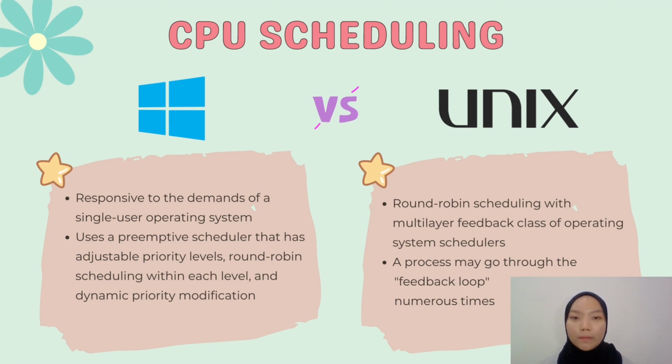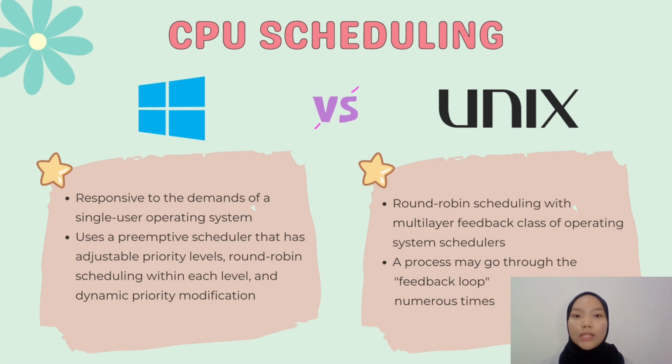Windows uses a preemptive scheduler that has adjustable priority levels, round-robin scheduling within each level, and, for some levels, dynamic priority modification based on the activity of the current thread. Instead of using processes for scheduling, Windows uses threads. For the Unix operating system, the Unix scheduler belongs to the round-robin scheduling with multilevel feedback class of operating system